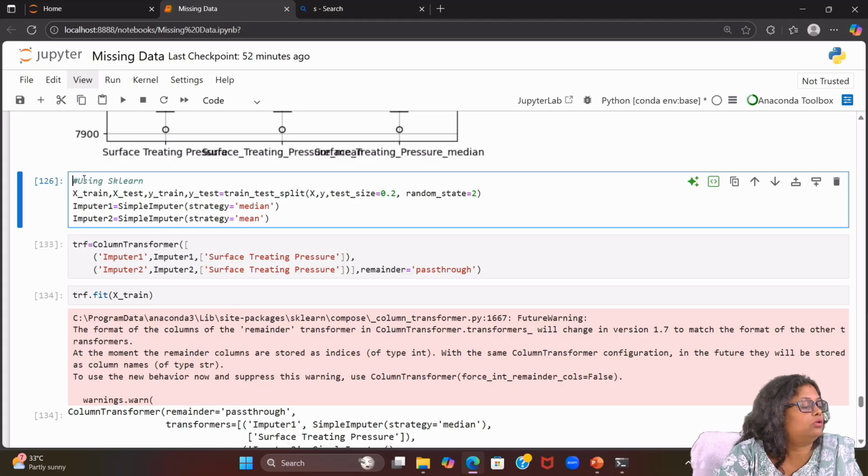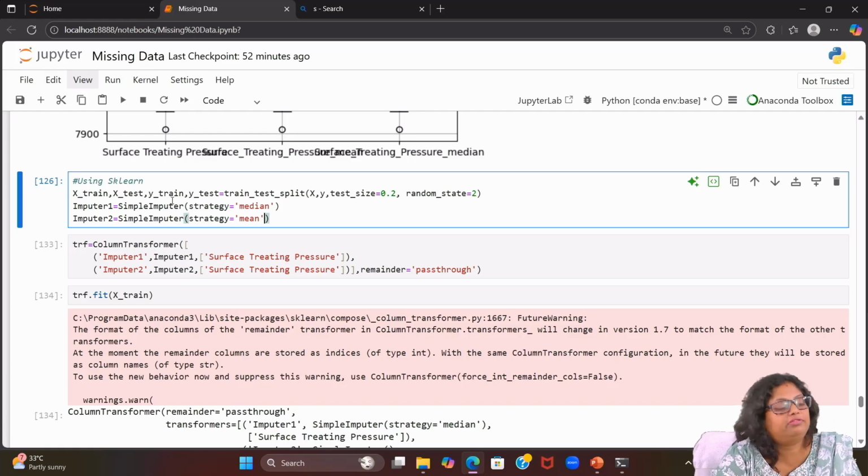Again we do the train-test split, the same line of code, Xtrain, Xtest, and then ytrain, ytest. Now we are initializing two imputers. We call SimpleImputer from sklearn, and for the strategy here we give median. Then a new initialization, imputer 2, and the strategy we give is mean.